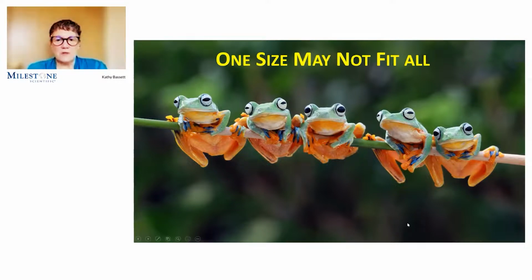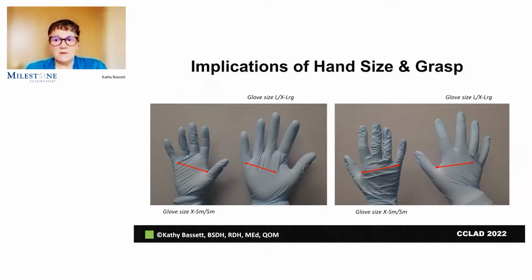So I just want to look a little bit at each of the devices from that perspective of hand size. These are the two hands that you saw before. The one on the left is my hand, and the one on the right, my coworker's hand. The arrow will show you from just under my little finger to the saddle of my thumb, and the width of my palm where I would be balancing a syringe. And then here's that same distance on my coworker's hand. And again, I'm a small to extra small glove, and my coworker is a large glove.